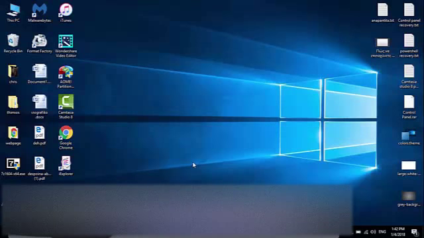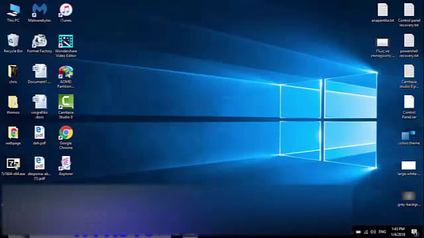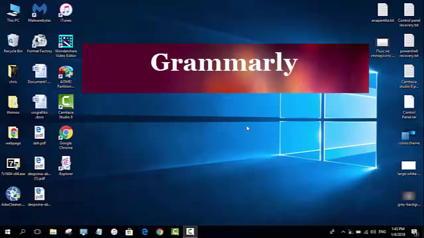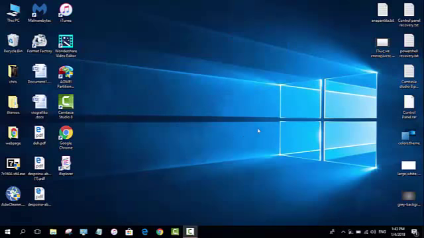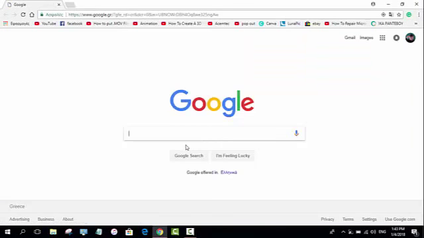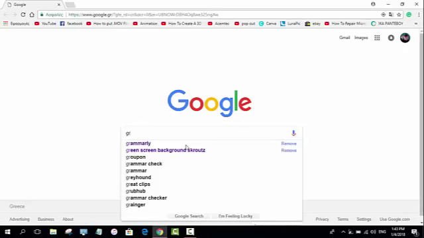So we're gonna get Grammarly. We're gonna install it in our PC, Windows 10. Open Google Chrome or Firefox or Microsoft Edge. Type in Grammarly.